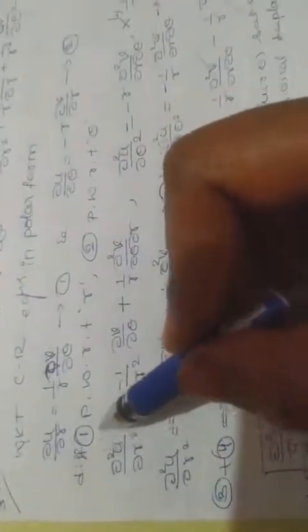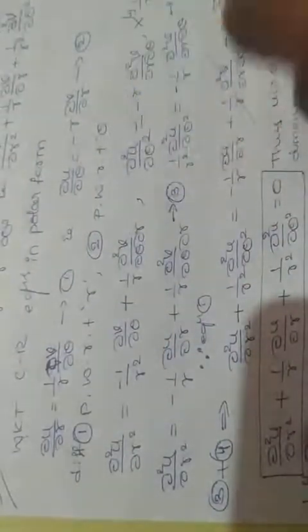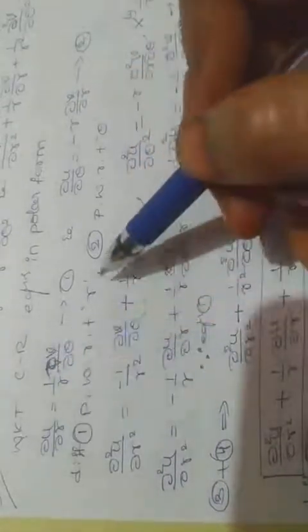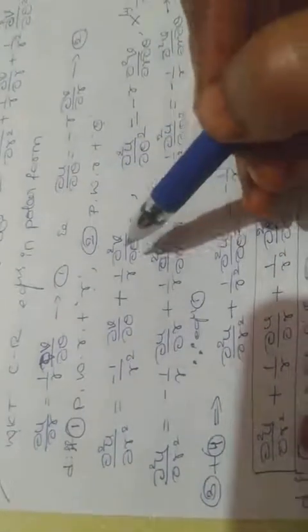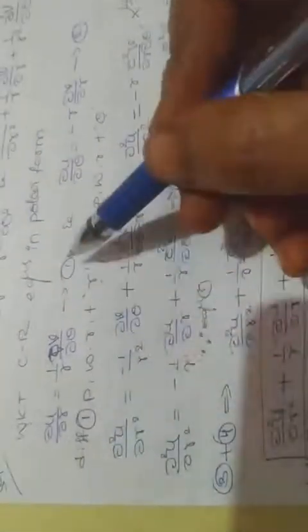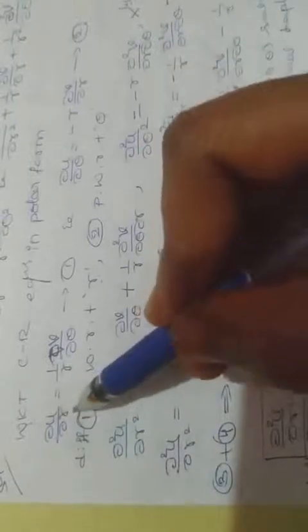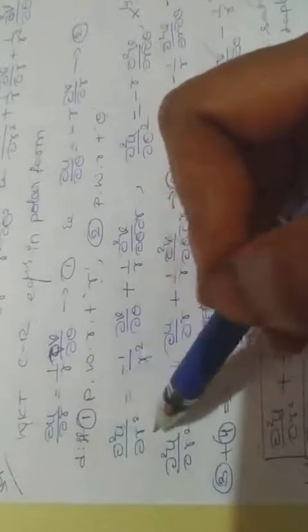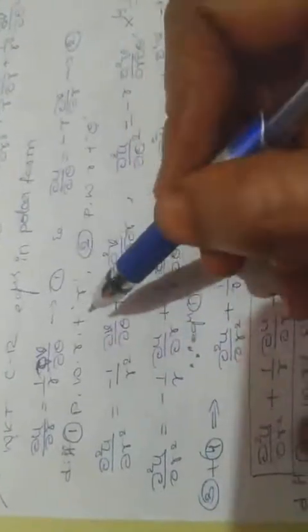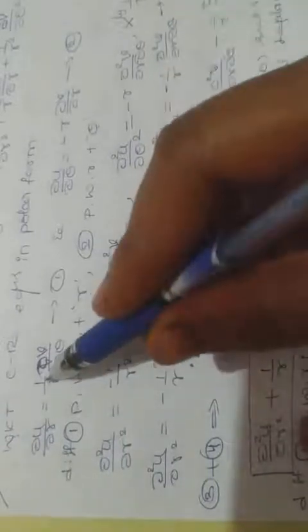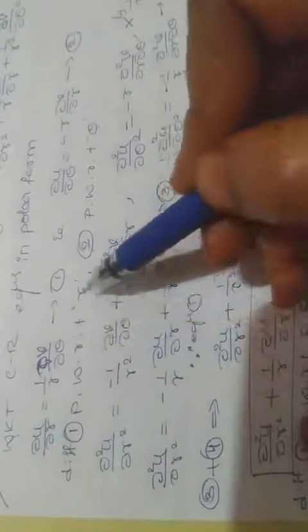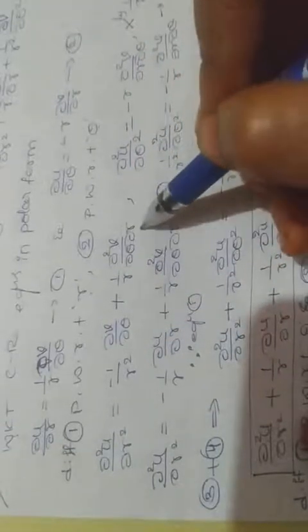Okay, now differentiate equation 1 partially with respect to r, and equation 2 partially with respect to θ one time, and the second time differentiate the same thing partially with respect to θ and r respectively. So it will give us the required result. Now differentiate 1 partially with respect to r, that is ∂u/∂r, once again with respect to r means ∂²u/∂r² equals, with respect to r, minus 1 by r square into ∂v/∂θ plus 1 by r into, by product rule, ∂v/∂θ with respect to r, which is ∂²v/∂θ∂r.